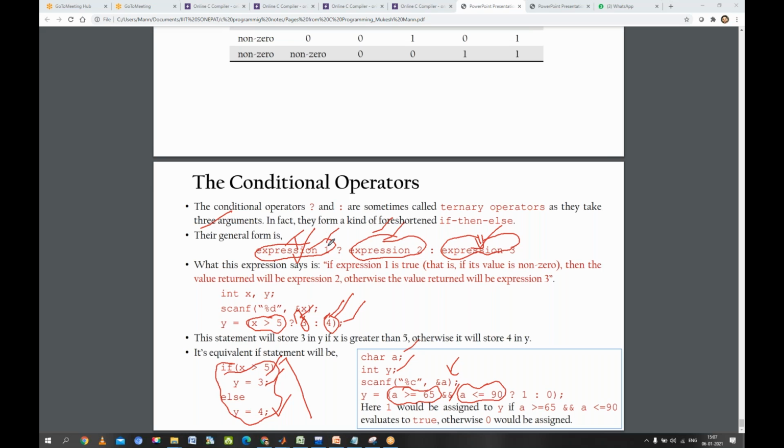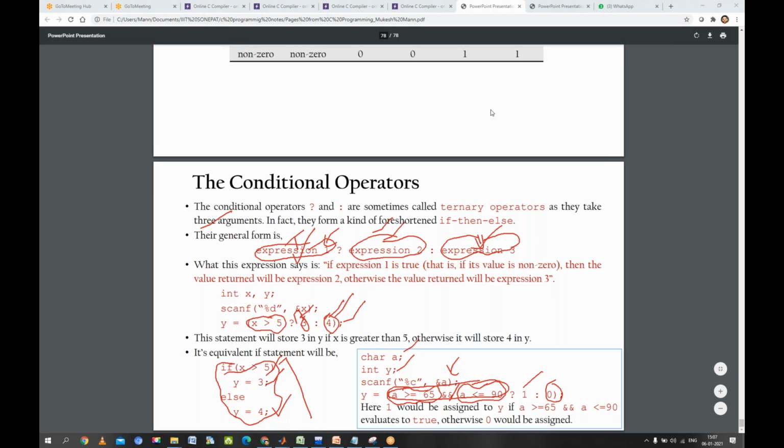Because we have taken an expression, and in an expression we can combine different conditions using different operators, right? So this is the first expression that we have. If this is true, then we are going to take the value 1. Otherwise, in the false condition, we are going to take the value 0. Okay? Yes, this is clear.